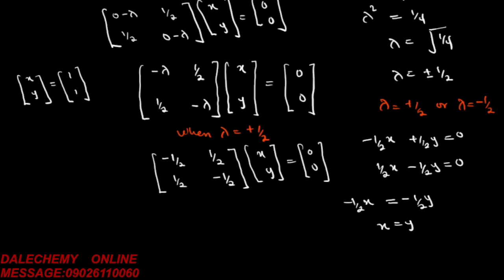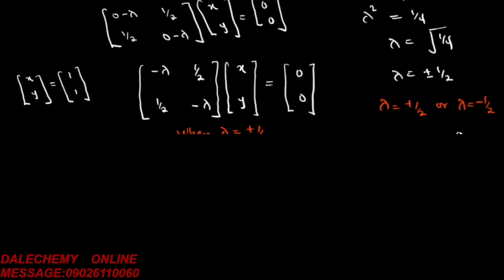So when lambda is equal to minus 1 over 2, we have to find the eigenvector for that case as well. So how are we going to start? Let's start from here. When lambda equals minus 1 over 2, we put that here. We have minus 1 over 2 will give you 1 over 2, 1 over 2, 1 over 2, minus 1 over 2 will give you 1 over 2. Then we have (x, y)